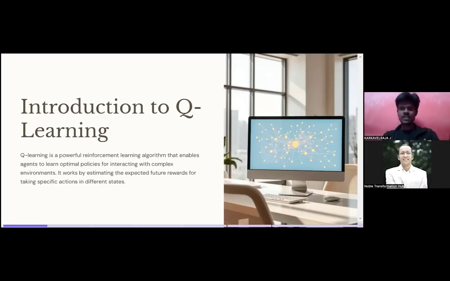In simple words, for a Super Mario game, the agent Mario learns from the environment through a process called Q learning. That is, what direction it needs to move, whether left, right, or up, so that its reward can be increased. That is called Q learning for the Super Mario character. Hope you guys are able to understand.